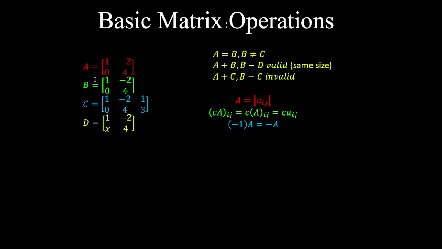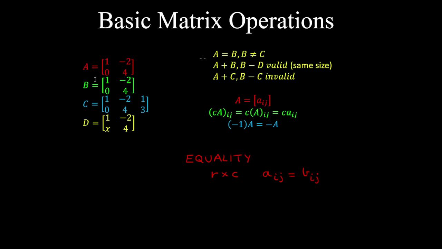Let's look at the basic matrix operations, and one of those is equality. So two matrices are equal if they have the same size, so the same number of rows and the same number of columns, and their corresponding entries are all equal. So one example here